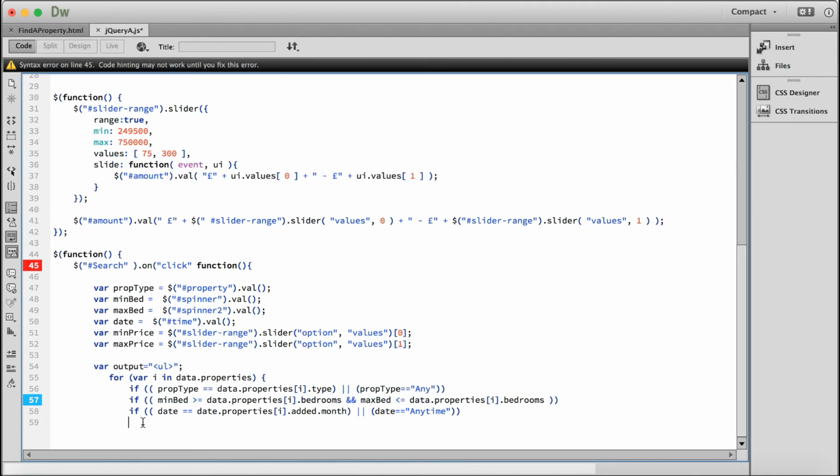And then last but not least is the price. So we do if data.properties[i].price, again very similar to how we did the bedroom. So if it's smaller or equal to the min price, as you can see here, we put the value of the user first, and then we did if this is more or equal to the bedrooms. However, here we're taking the property values and we're saying that if it is more or equal than the min price, the minimum price that the user selected, and then we do